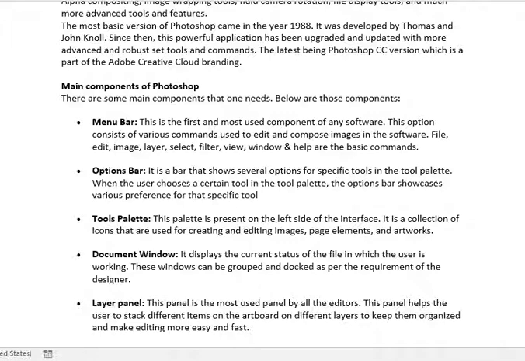The job of the options bar is to set the options of the tool you are about to use.